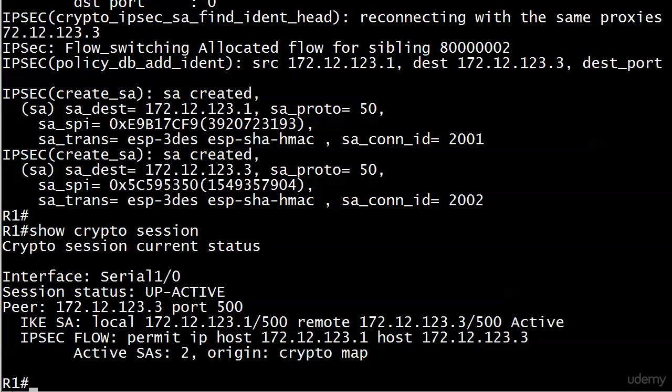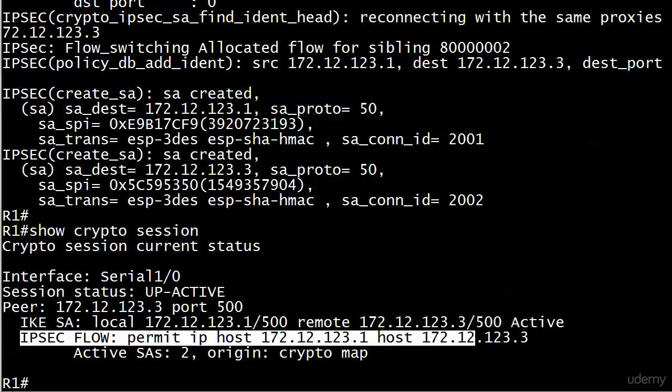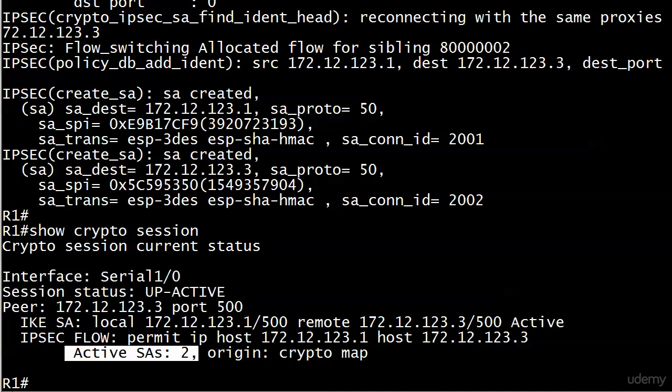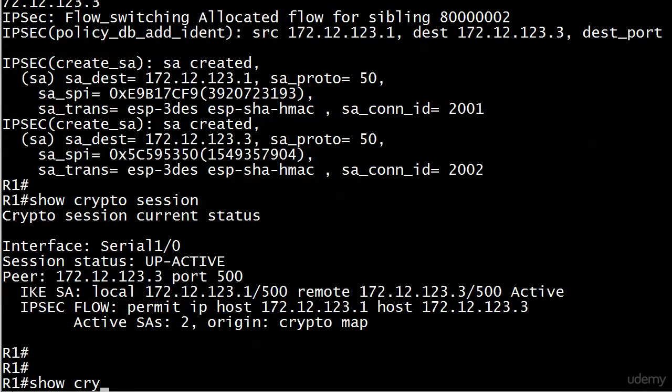You can see with show crypto session, the session status is up and active. Always a good thing. If it were down, we might have an issue. But it's not down. You can see the peer, you can see the port number, you can see the IKE SA information right here. Here's your flow information, and that looks familiar as well. That's our ACL. You've got 2 active SAs, and the origin for the IPsec was a crypto map, so we're looking good there. Let's run show crypto